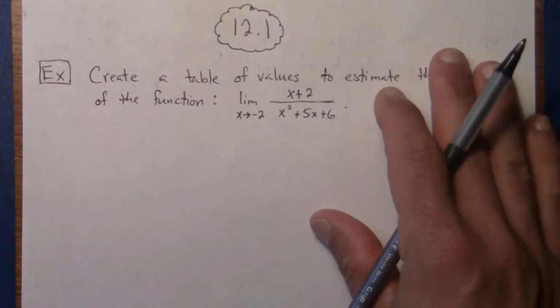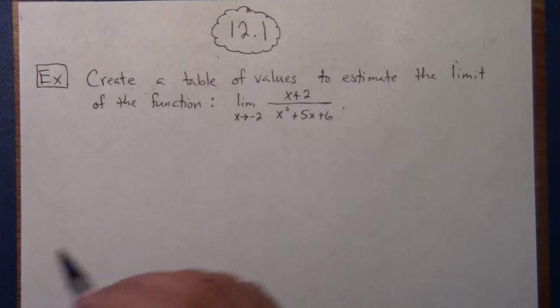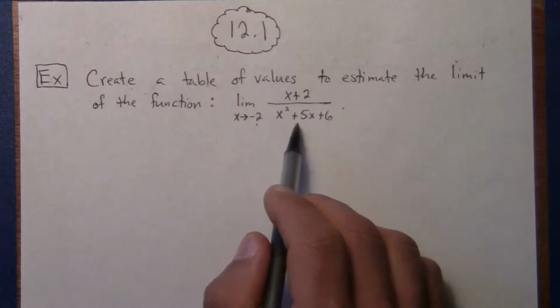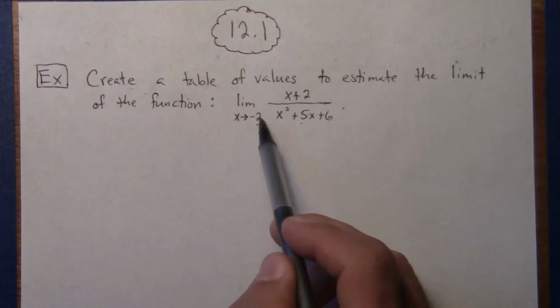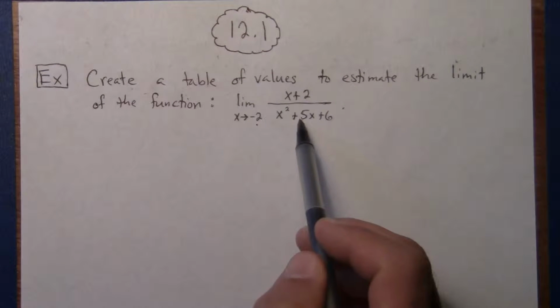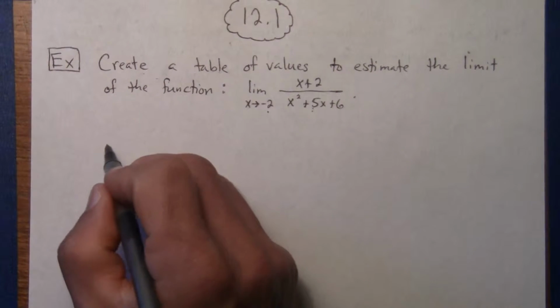Alright, so looking at the first one, it specifically tells us to create a table of values, so that's kind of a clue to tell you that by plugging -2 into the denominator, it's going to make it equal 0, but that's what you usually want to check for. If you can just plug this number in and the denominator is not 0, plug it in. Of course, it's going to be 0, so what they want us to do is make our little table of